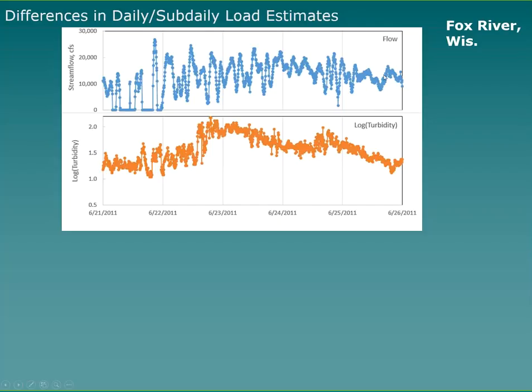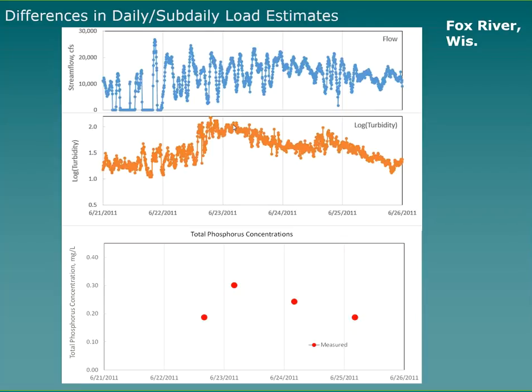for a daily average. The turbidity during this time period fluctuated quite a bit. These are on a log scale, so it was fluctuating from somewhere around 1.2 log units up to around 2 during that time period. During those 5 days, we had 4 actual measurements, with concentrations ranging from about 0.15 to almost 0.3 milligrams per liter. And what we wanted to do is see how those 3 different load approaches estimated the concentrations during that